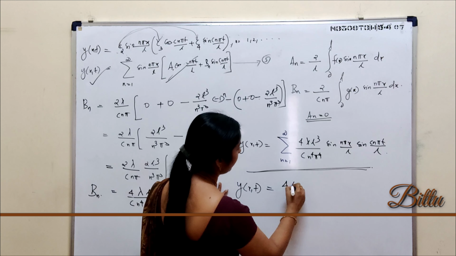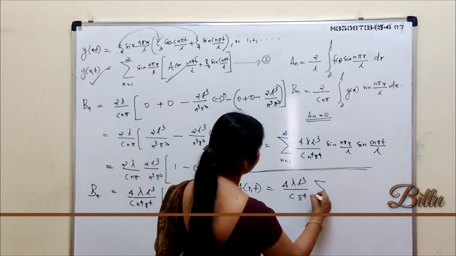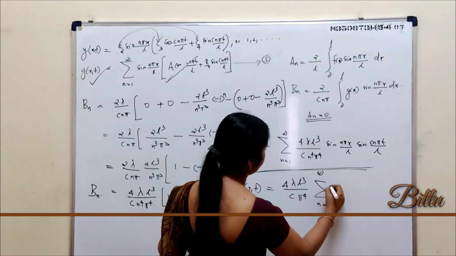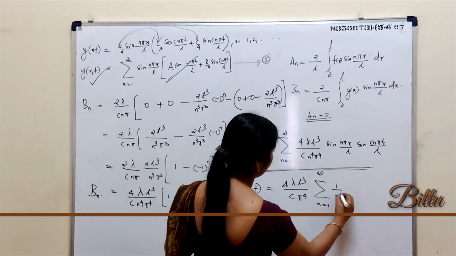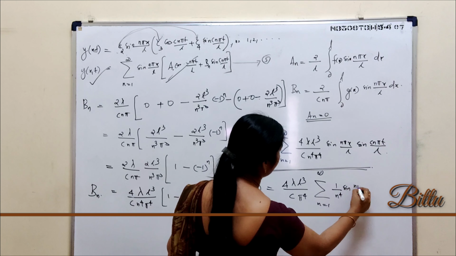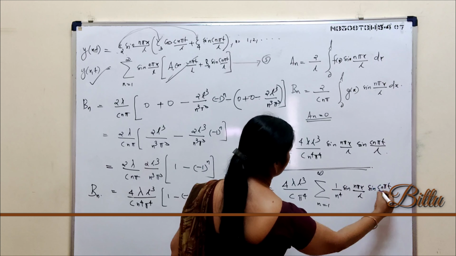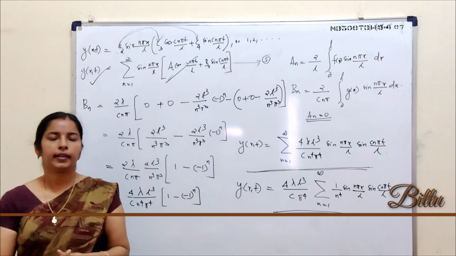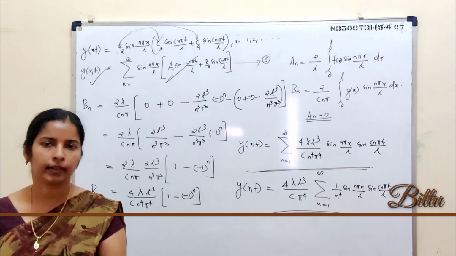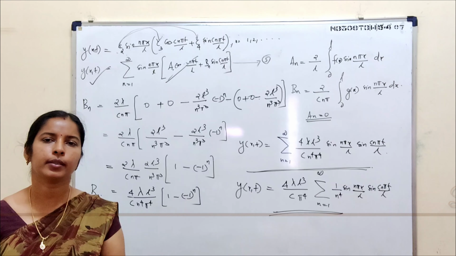So 4 lambda L cube by c pi raised to 4 is a constant. This is the required displacement. Really, it is the displacement at any point on the string at a distance x from the